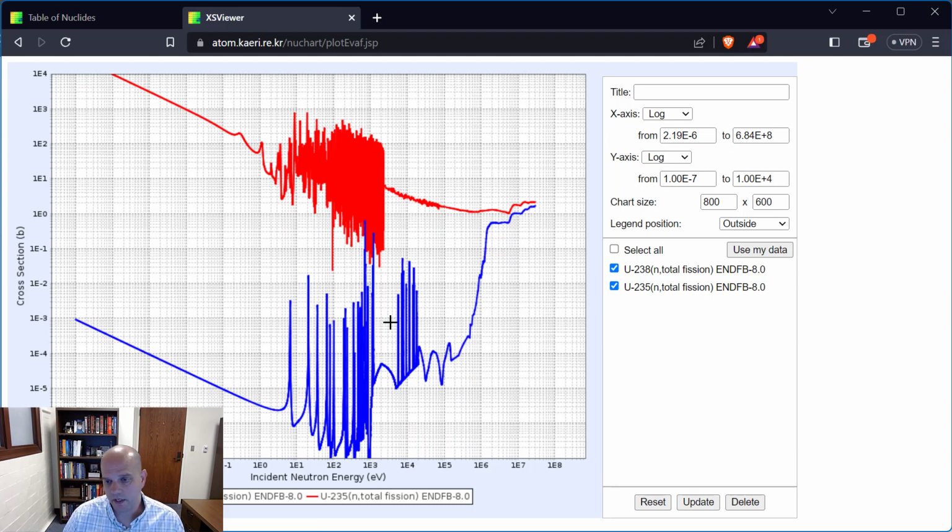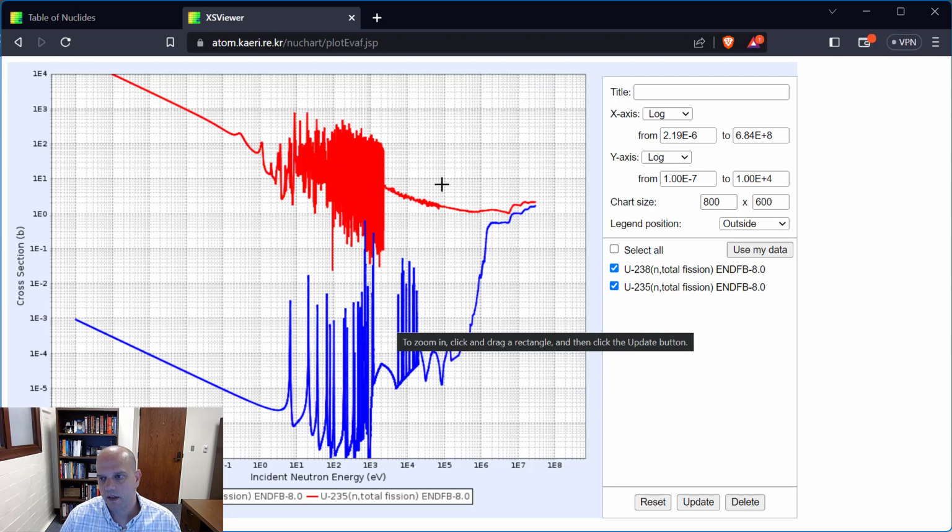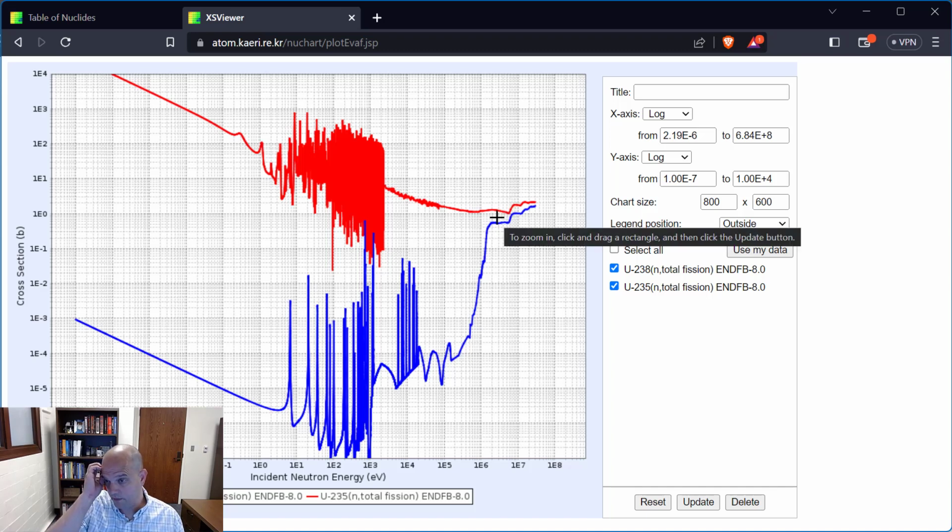So the bottom one here is the U-238, and the top one is the U-235. And so you can see at high energies, right, here's 1 MeV coming out of that fission event, whether it's U-238 or 235, I have a relatively low fission cross section. It's not until I slow them down that I start to see at least 2 or more orders of magnitude,